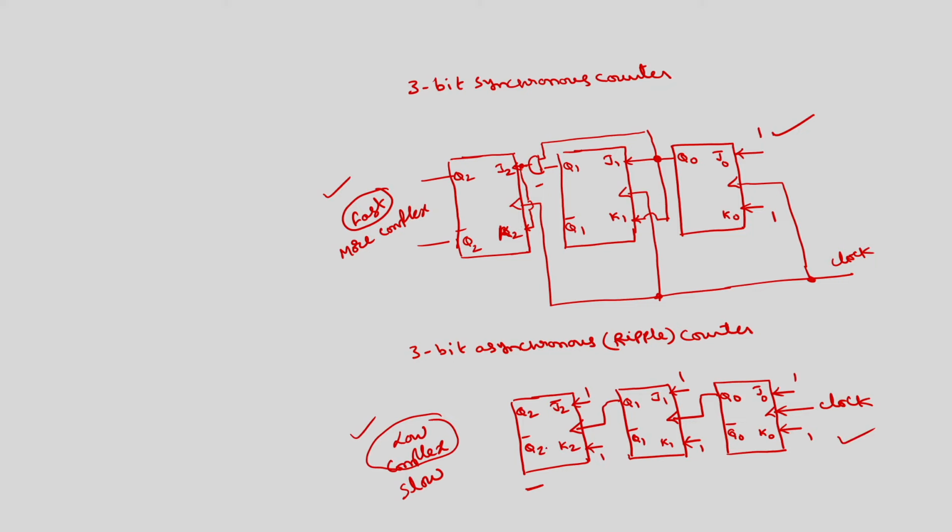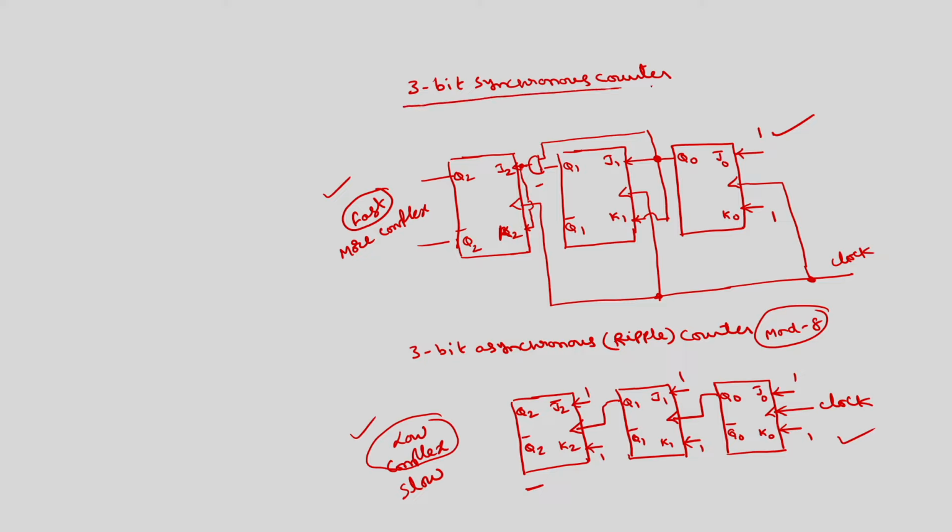The asynchronous counter here is a mod 8 counter, 3-bit. If you want a mod 16 counter, you add one more flip flop and connect Q2 to the clock of that one. But for the synchronous counter we require a design procedure: you have to follow the excitation table and then design. So, that is about the 3-bit synchronous and asynchronous counters.